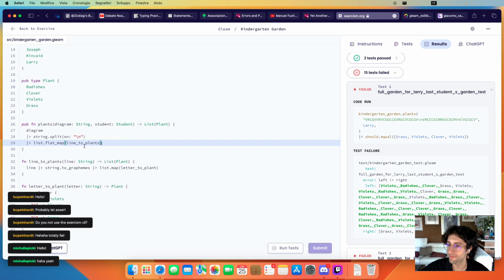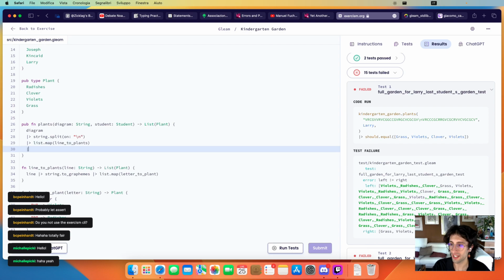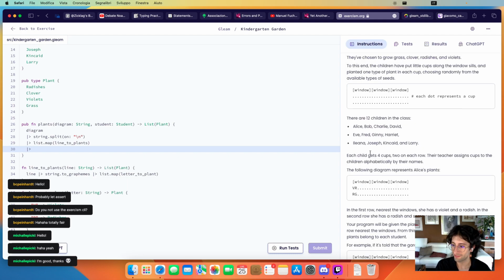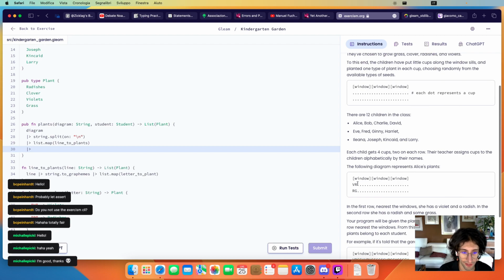Okay, we can turn a line into a list of plants. So let's go back to this. Then we have to split each line into blocks of two plants because, as you can see in the exercise text, they say that two by two they belong to a particular student. So what we can do is split each line into